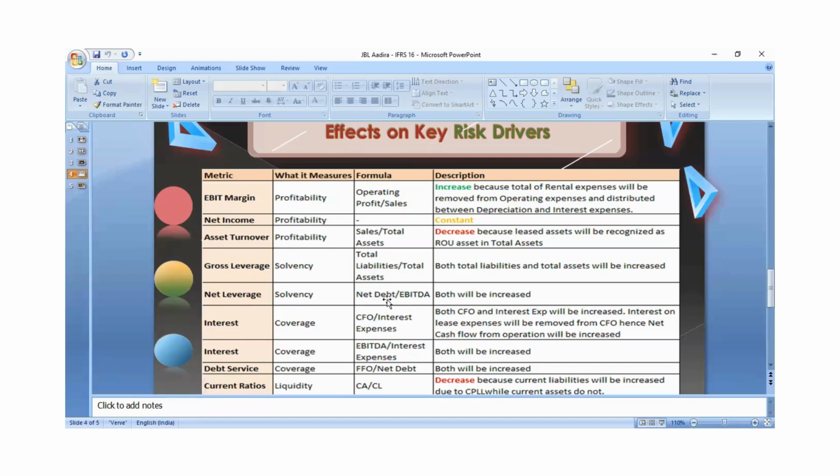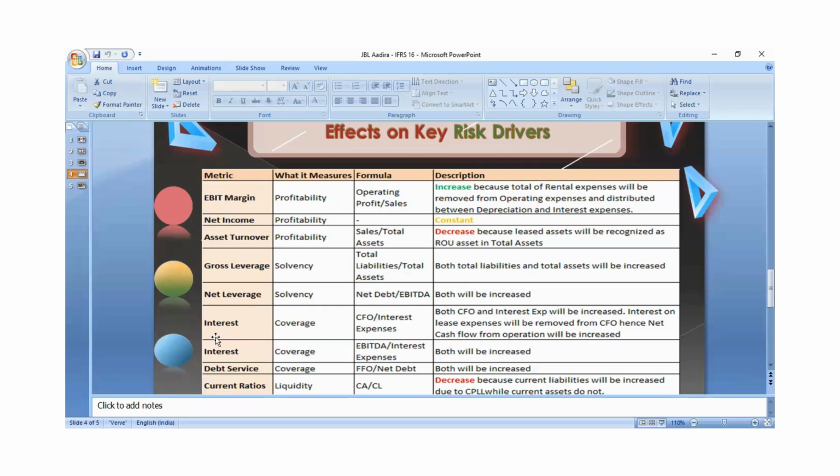So now the net debt will also be increased because my debt side will be added by my lease liability, and EBITDA is calculated based on the operating profit. I will take a separate session for EBITDA and operating profit only. For the time being, just understand that there are two types of EBITDA calculated: one is EBITDA based on operating profit, one is EBITDA based on net profit. But most organizations and the accounting standards consider EBITDA based on the operating profit. So operating profit will increase, which means that EBITDA will also increase. It means that the ratio will not be changed.